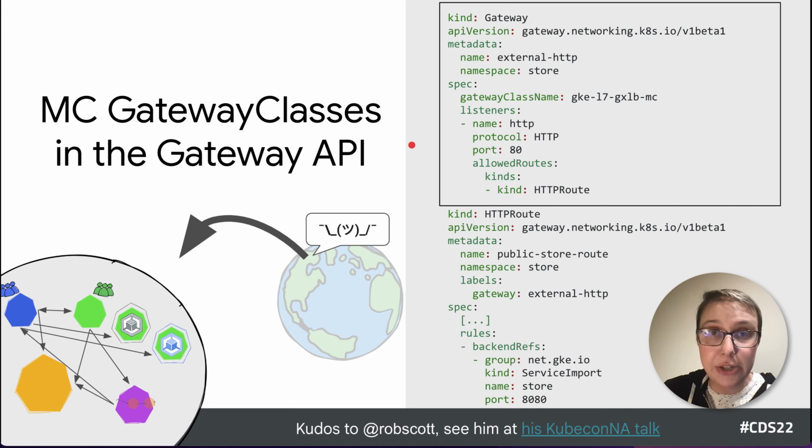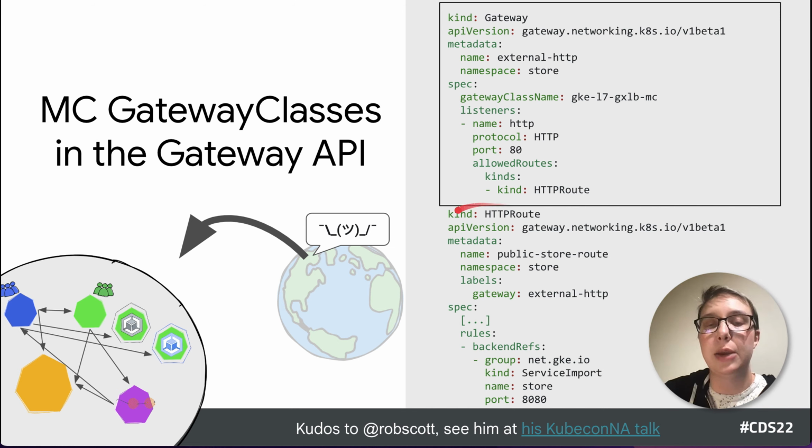However, the Gateway API, which is a project of SIG Network, which is in beta right now, has some variations which do support multi-cluster gateway classes. So specifically, again, I'm from GKE, right? So there's a GKE implementation of the Gateway API, which does have multi-cluster gateway classes. So you can describe a gateway. In the Gateway API in general, there are these gateway classes that can all have different, implementation-specific properties about them.